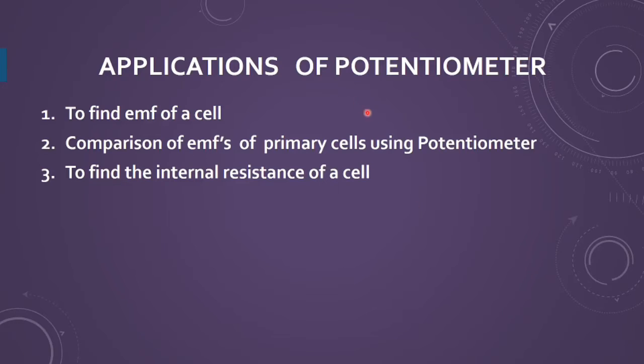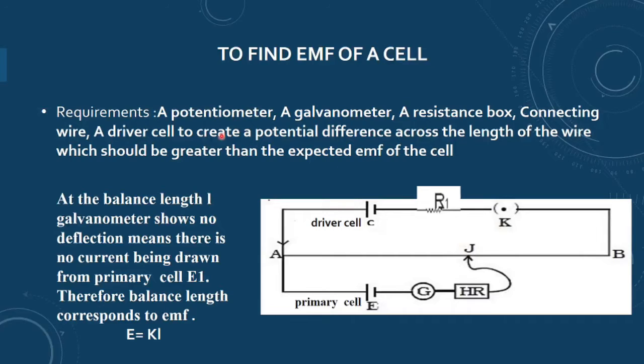Three applications are there with you. One is to find the EMF of a cell. Second is to compare the EMF of the primary cells using potentiometer. And the third is to find the internal resistance of a cell. Clear? So the first bit I have discussed in the previous class also, that how can I find the EMF of